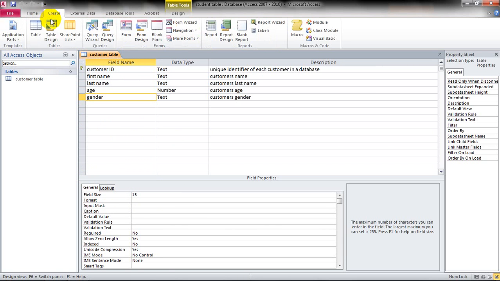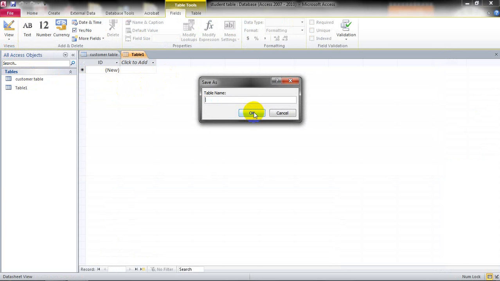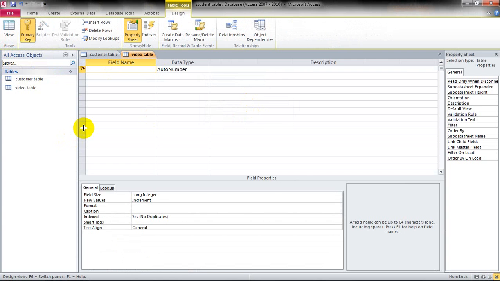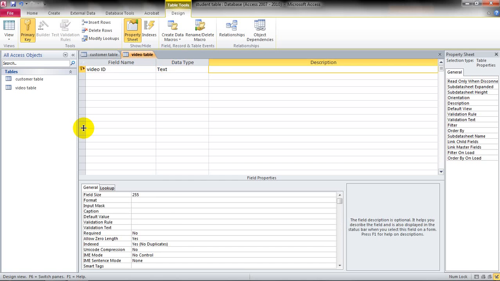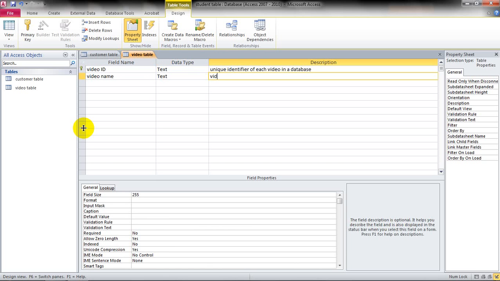Save it. I have to create another table, because you can do anything, so I'm just going to do it for a video store. So video table, and then it's pretty easy: video ID, text, description, unique identifier of each video in a database. It's easy, just video name again, text, video's name,